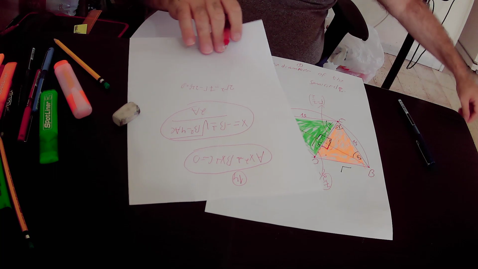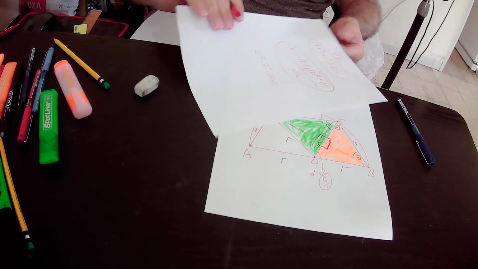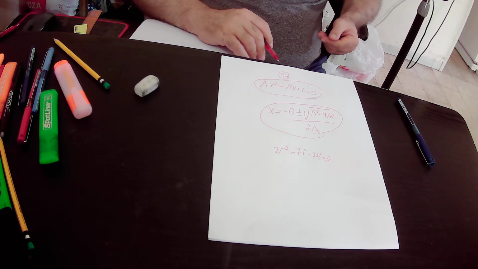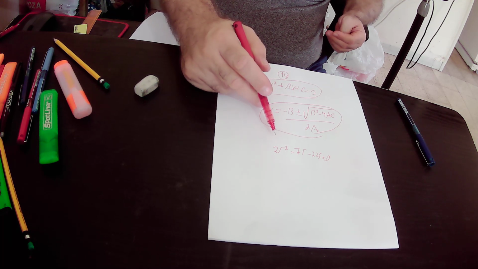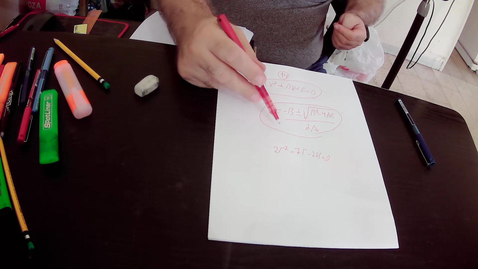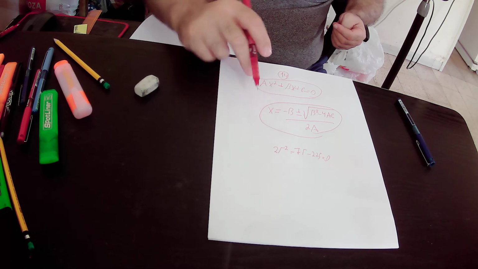If in the general formula for the quadratic equation the variable that we want to find out is x, here the variable that we want to find the value of is r, so x equals r. So we'll substitute x by r,